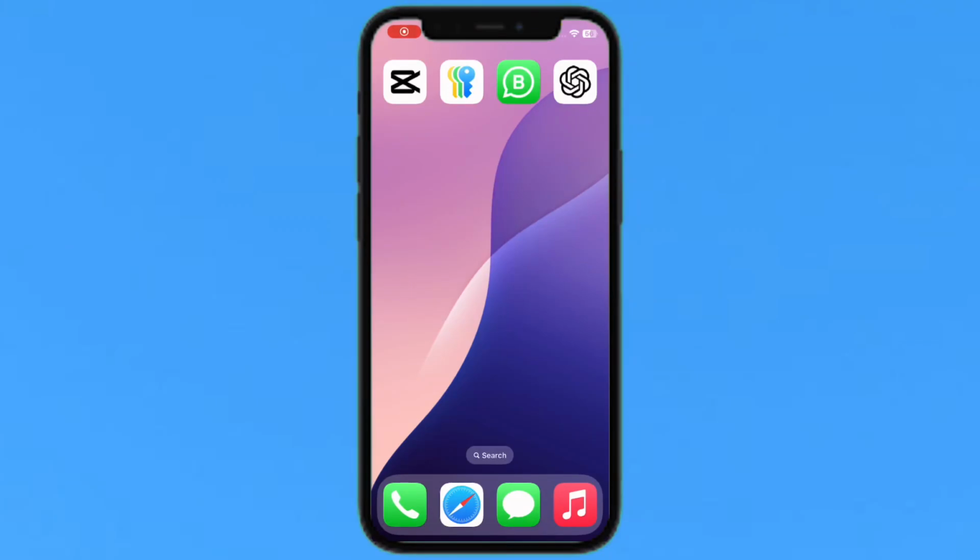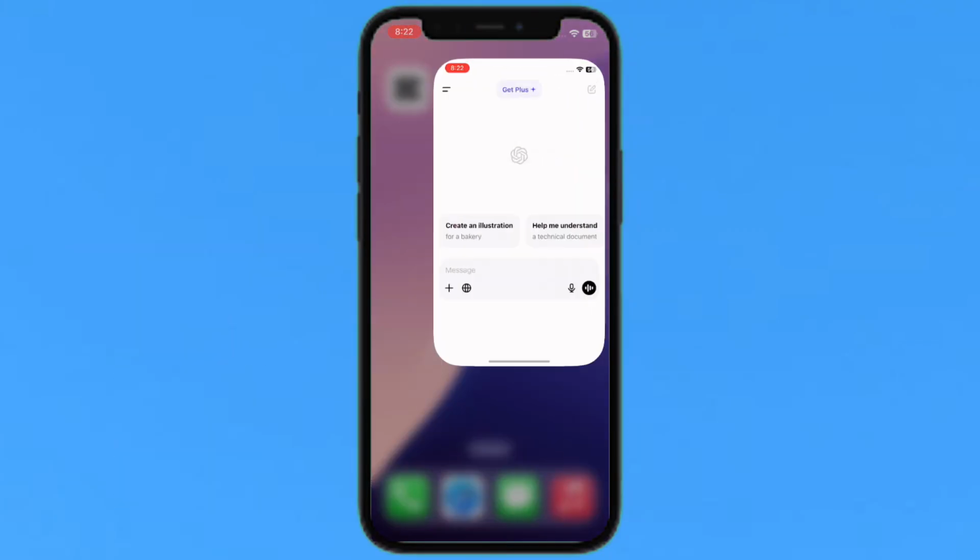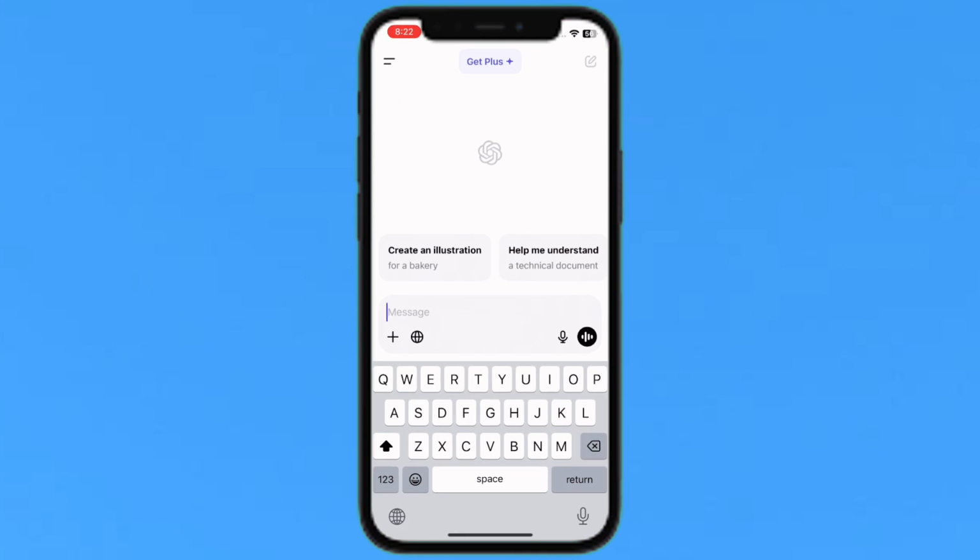Hello everyone, today I'm going to show you how to play games with ChatGPT. Just tap on ChatGPT on your phone and make sure you sign in, and then you can play games with ChatGPT. So I will just write